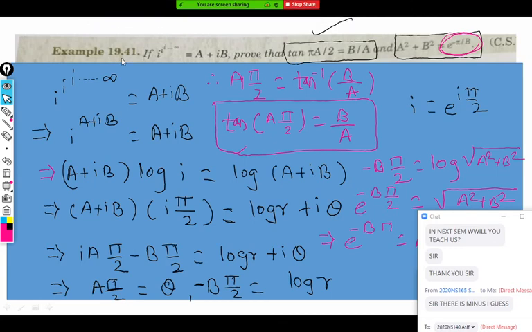Sir, your mic is on. Say that it is a misprint, right? Yes, there is a printing mistake in the question only. So whatever the answer, minus b pi is the correct answer only. Pi by b is not possible at all.